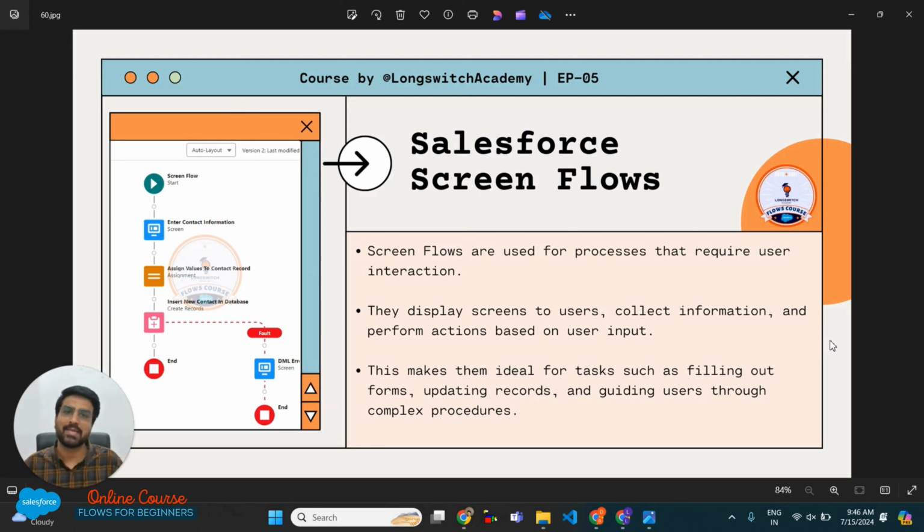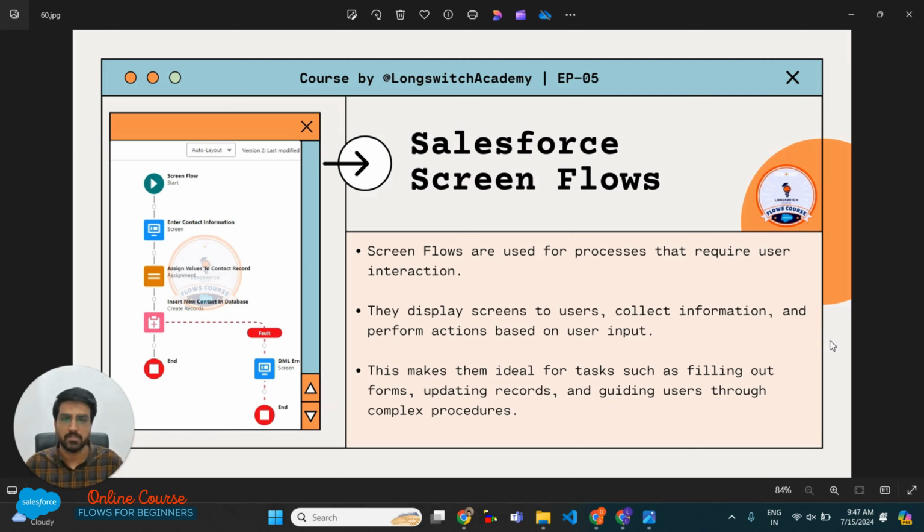it is important to understand why Salesforce screen flows are used and what the use cases are in which we should consider them. To highlight the key purposes, or key situations, in which we should be using Salesforce screen flows, I have created a slide where I am showing some key bullet points. The first bullet point goes like this: screen flows should be used for processes which require user interaction, meaning that you should opt for screen flows where you want your users to interact with some screens or forms to